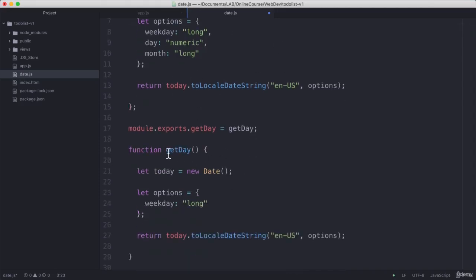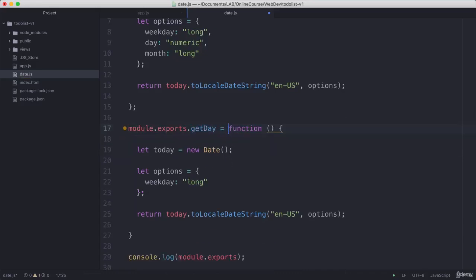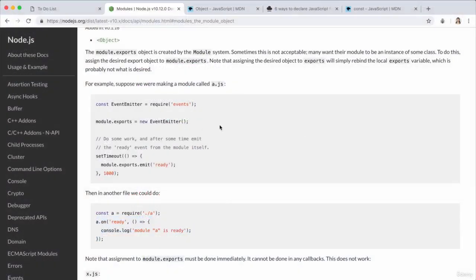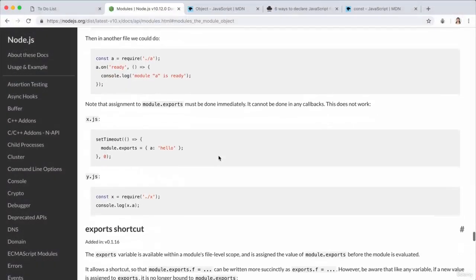Let's go ahead and do the same thing over here. Let's delete the name of the function to turn it into an anonymous function, and we're simply going to set that function to equal module.exports.getDay. Now we can make this even shorter by reading through our Node.js documentation, because if you scroll down a little bit,